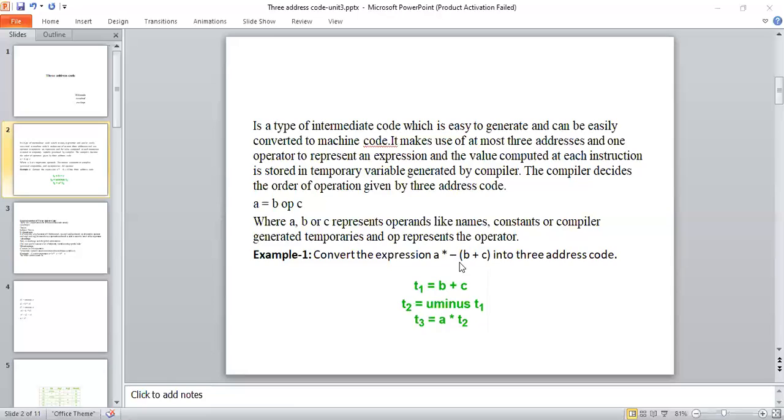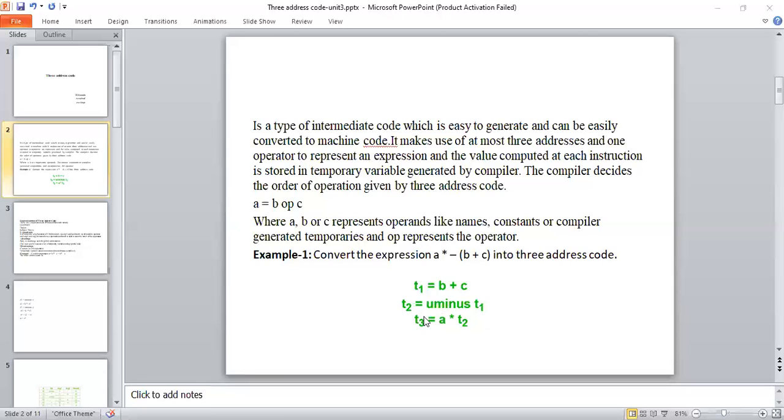This entire value is available in t2, and again I'm multiplying a with this entire value, which is available in the temporary variable t2. So a into t2, and this final result I'm storing into another temporary variable called t3. Like that we can represent three address statements for any given expression.